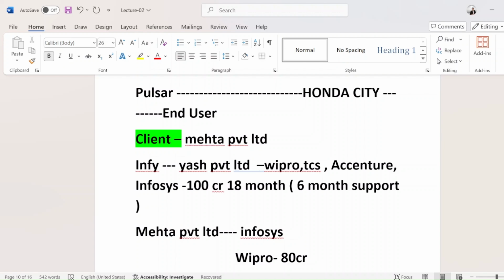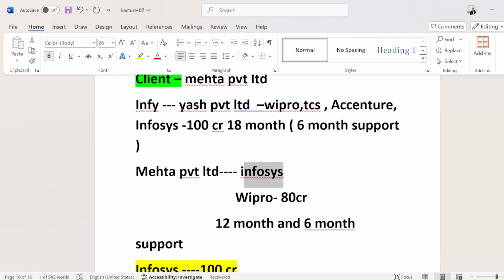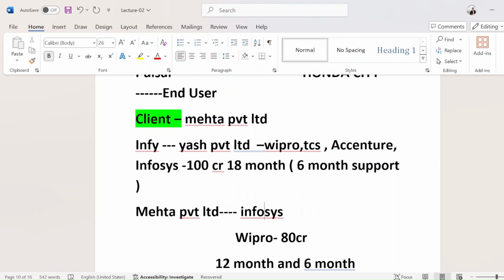So what's the core team? In every organization, there is a core team, like manager positions and senior manager positions in each and every department. They are considered the core team. So Mehta Private Limited's core team and that software team from Infosys will have a series of meetings, and Infosys will collect all the business requirements, business details, and business operations, whatever is required, whatever they want to configure: how many plants, how many storage locations, how many company codes they have.